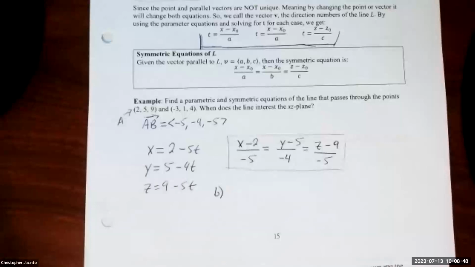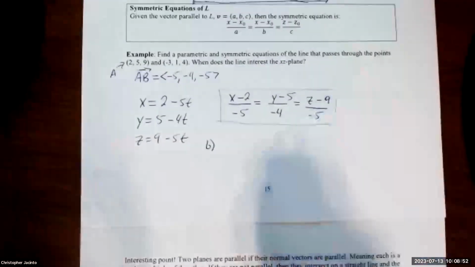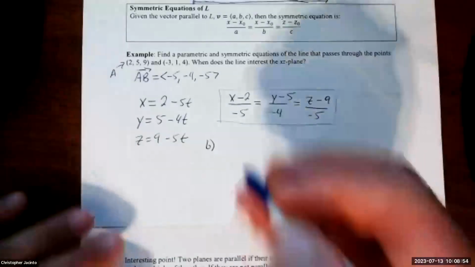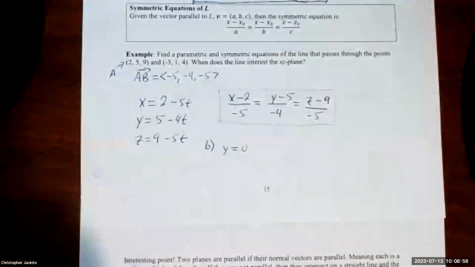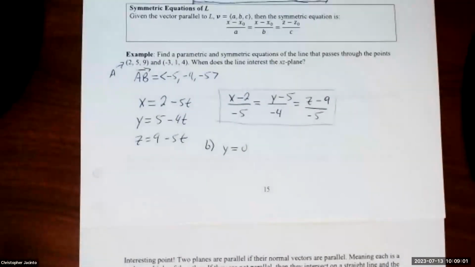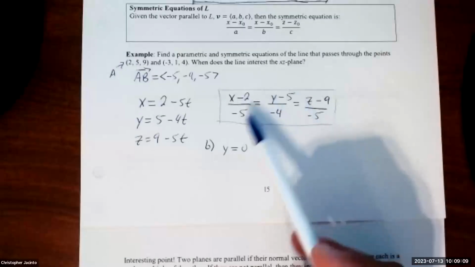Now, this is where, when I took this class, I wondered what it was talking about. What it's basically saying is, what if y equals 0? Because I'm only looking at the xz plane, meaning y is irrelevant. Well, if y is irrelevant, it means y equals 0. And that means all I'm going to do is plug y equals 0 into this equation and solve for